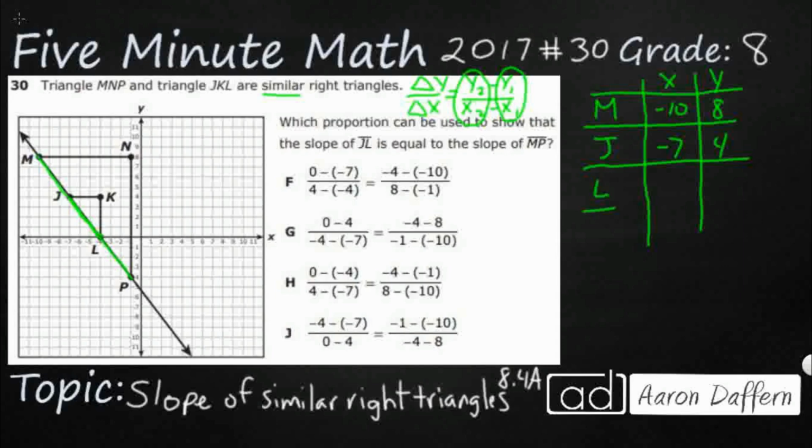L looks like it's right there on the x-axis. It's a -4 x, y of 0, and then P. It's got negative for both. -1 as an x, -4. All right, so this is going to help me when I am trying to look at these,